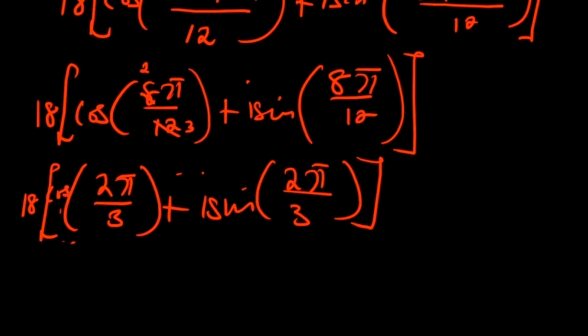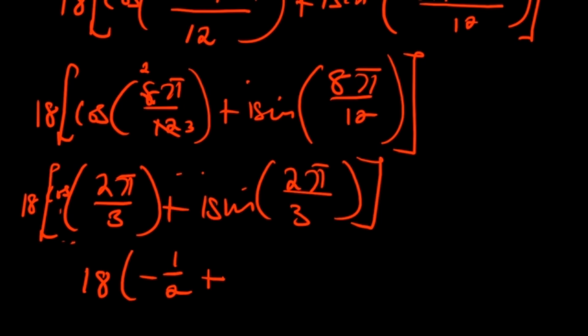Okay, cos 2 pi over 3. So this is giving me negative half. So we have 18 multiplied by negative 1 over 2 plus,